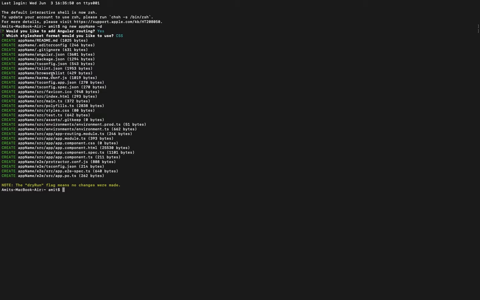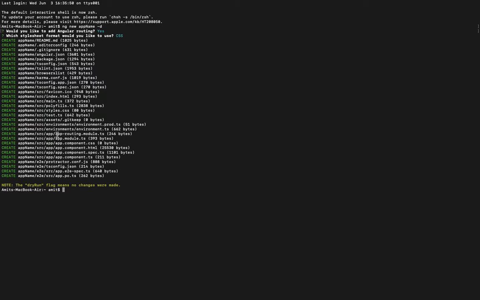In this one, you can see it is going to generate the readme file, editorconfig, gitignore, angular.json, package.json, tsconfig.json, browserslist, tslint, karma, tsconfig. All these are files that we had already discussed, right?